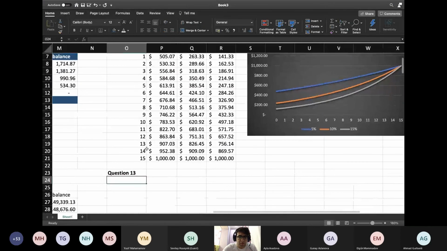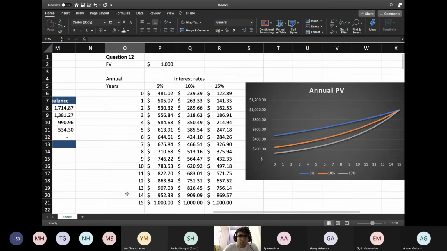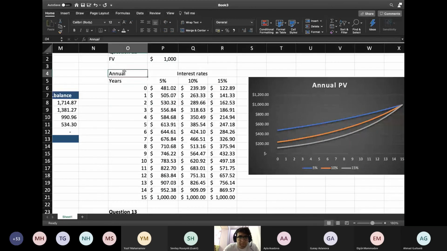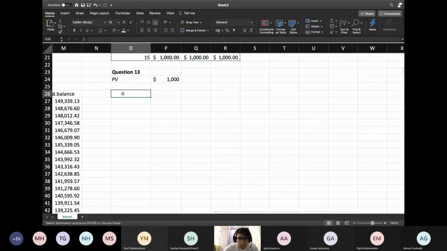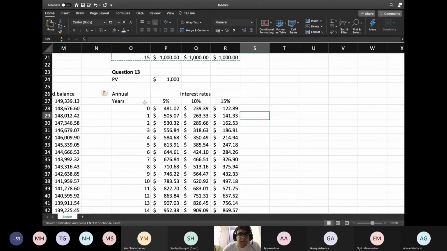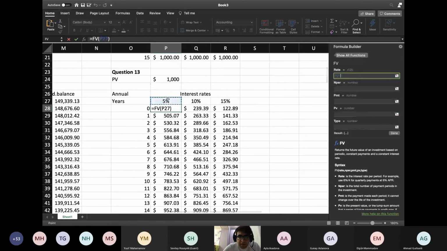So, we have future value. Present value, $1000. Let me copy this here. So, let's change here. We are now calculating the future value. Rate. This one, rate, so,